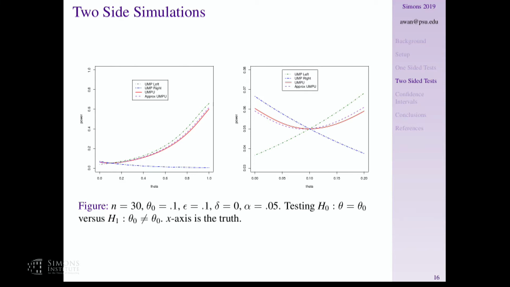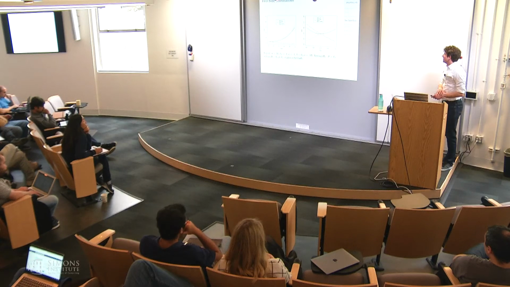And then the 2 curves here in red and purple: red is the UMP unbiased, and the purple is our approximation. And this is for n is 30, so as the sample size increases, it gets only closer. And this is just a zoomed in version around 0 to 0.2 to see what's happening with the curves. And we see that the purple, the approximate test, is just a slight shift of the red UMP unbiased one. Okay. Any questions so far? Okay. Hopefully I haven't lost everyone.